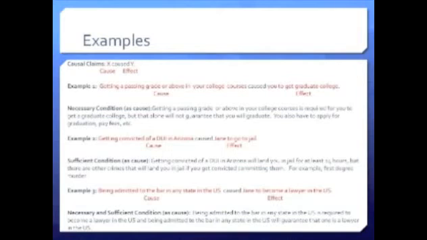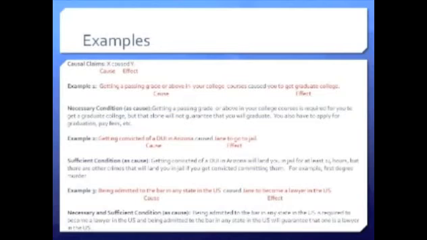First, any causal claim can be put in the form of X caused Y, where X is a cause and Y is the effect. Now, given this, a necessary condition as a cause is a condition that must be present in order for an effect to occur, but it does not alone bring about the actual occurrence of the effect. It is a condition that is required for the effect to occur, but does not guarantee that the effect will